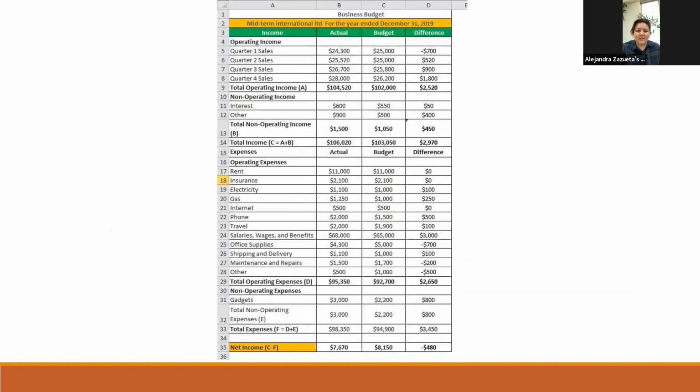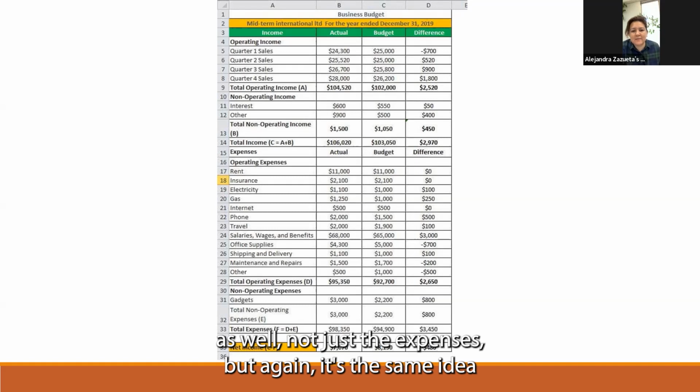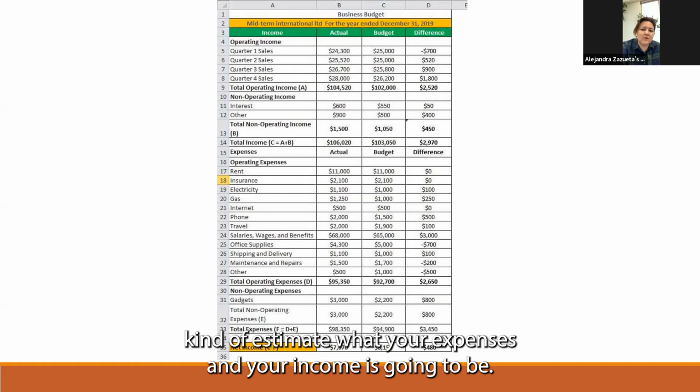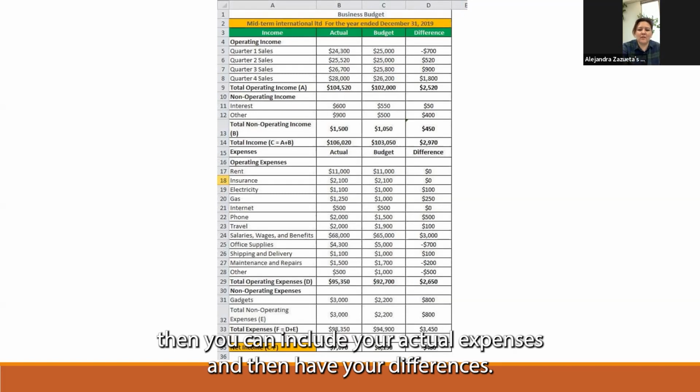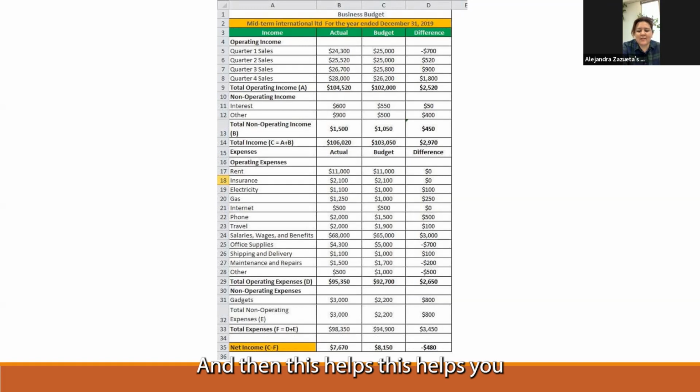Yeah, thanks. So here's a budget that has operating income as well, not just the expenses, but again, it's the same idea. Kind of estimate what your expenses and your income are gonna be, and then once the period passes by, you can include your actual expenses and then have your differences, and this helps you